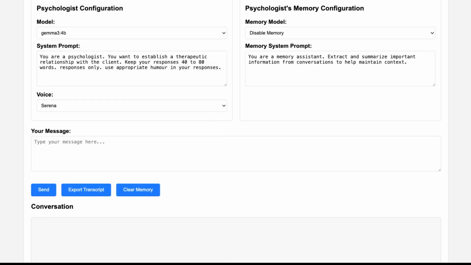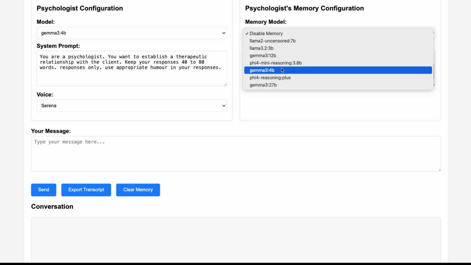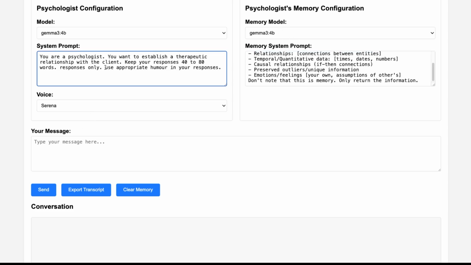Let's put in the memory there. Let's enable memory. I'm going to put it to 4B, see how we go with that. And instead of humor, let's try caring, affectionate words.